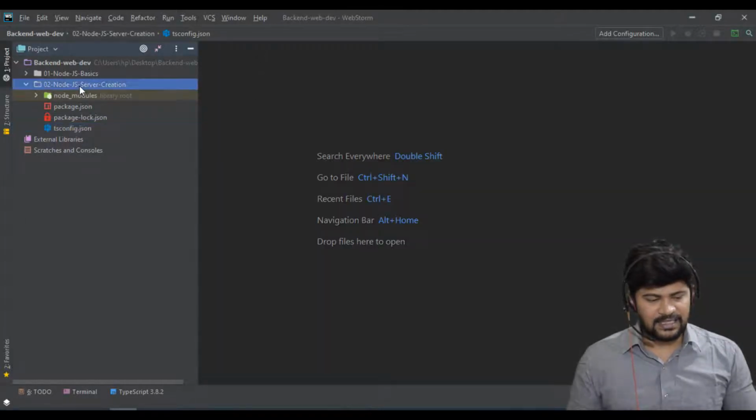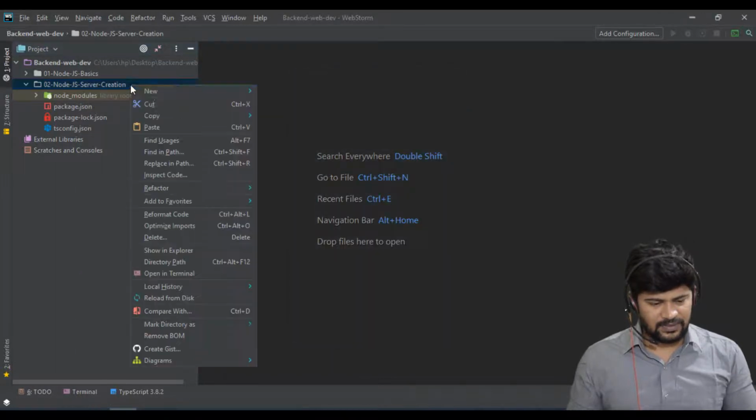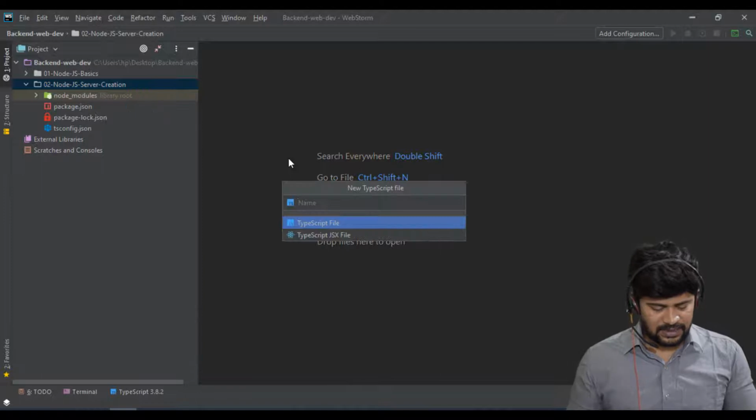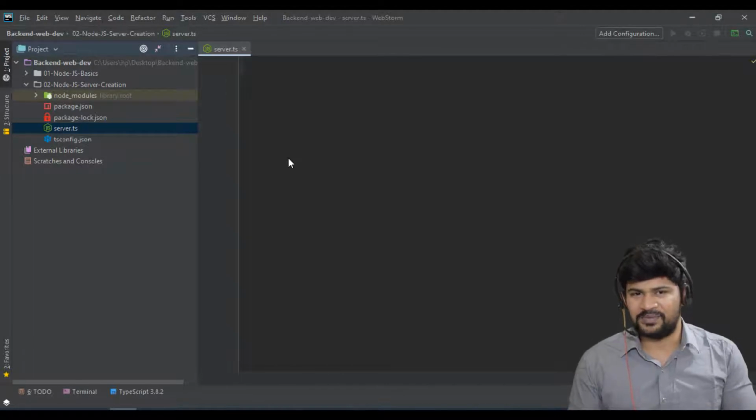So now let's create one TypeScript file called server.ts, because officially we name it as server, because server startup code we're going to write over here. So here, how you create a server: in Node.js we have a set of modules, like core modules, custom modules, and third-party modules.